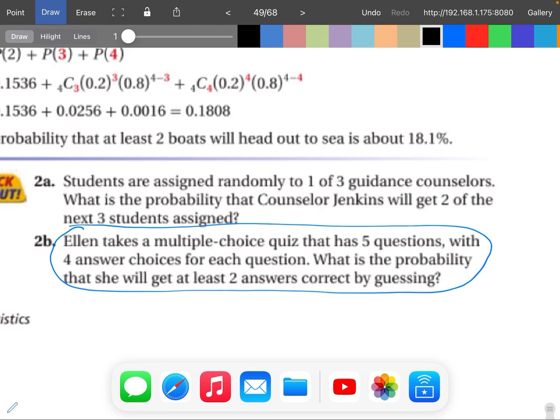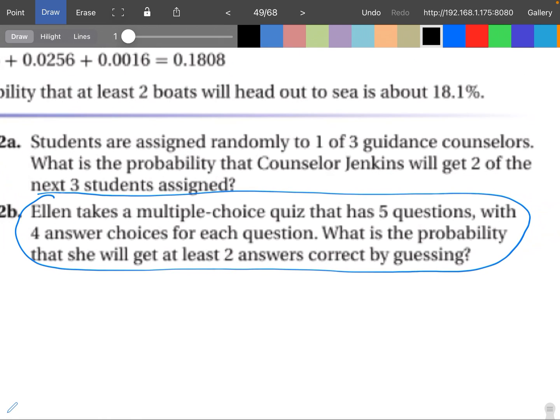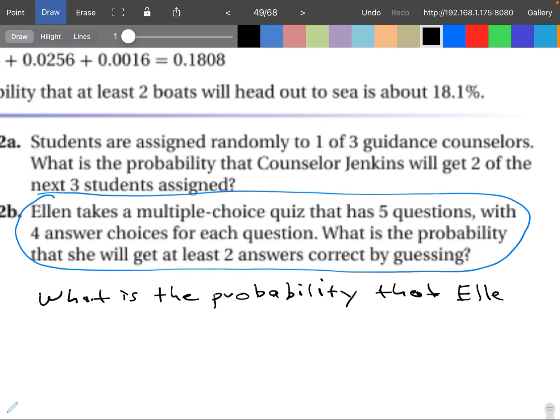Maybe I can move this with my, all right, so we're going to write what is the probability that Ellen guesses